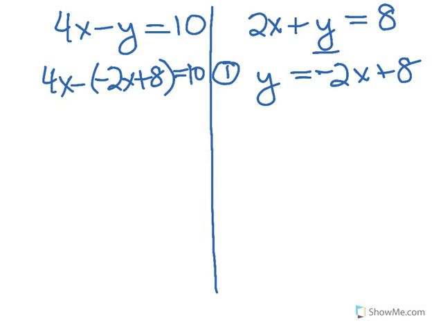Understand we made a substitution. y is negative 2x plus 8. Wherever we see a y, we can put in negative 2x plus 8, and so we did. There was a y here, we replaced it. The parentheses are essential. Everything about y from our formula has to be preserved, so that minus sign in front